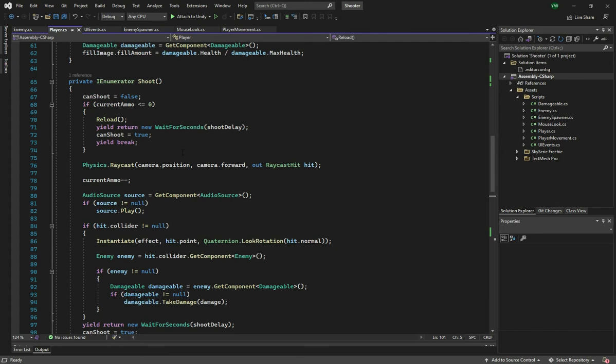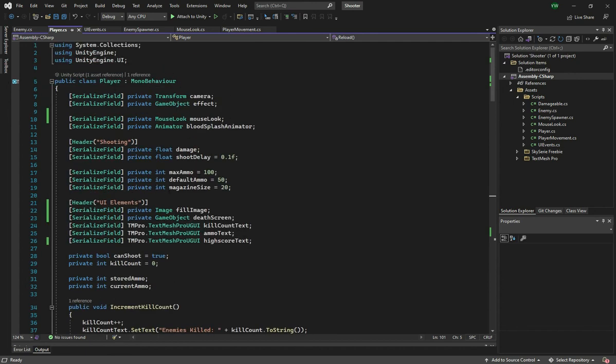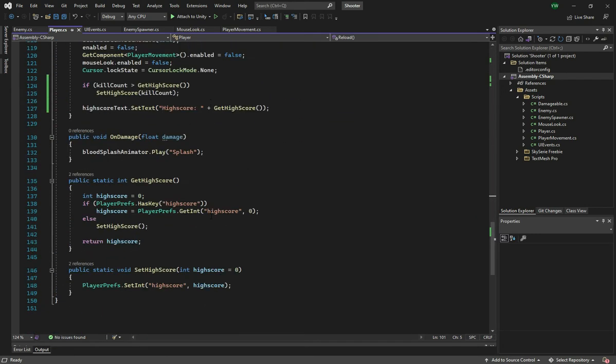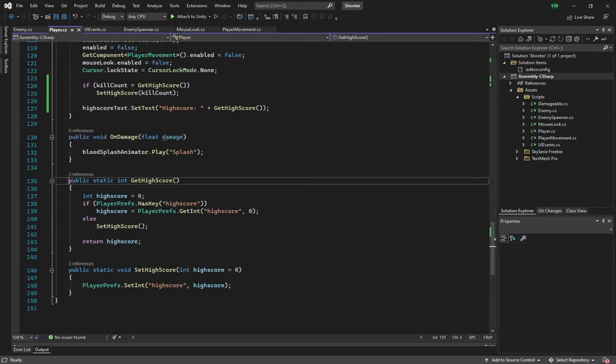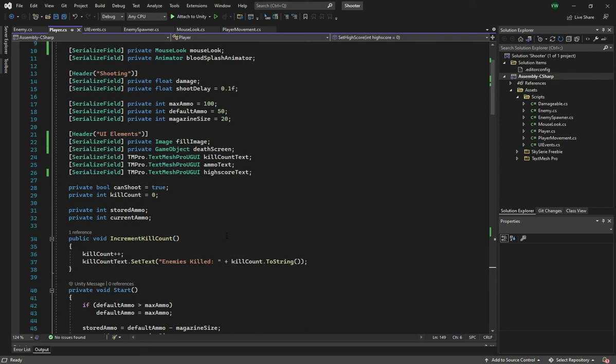Now the first thing you notice is that I have changed my shooting script to be called Player, because that makes a lot more sense, to be honest. And in here you can see we have got a bunch of variables, and if I go down here, you can see we have got two functions here, GetHighScore and SetHighScore. We will come to these later, but first if I go up here,